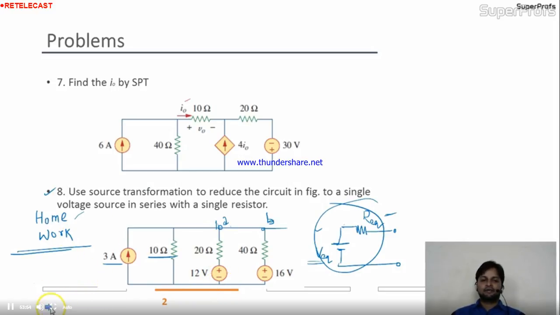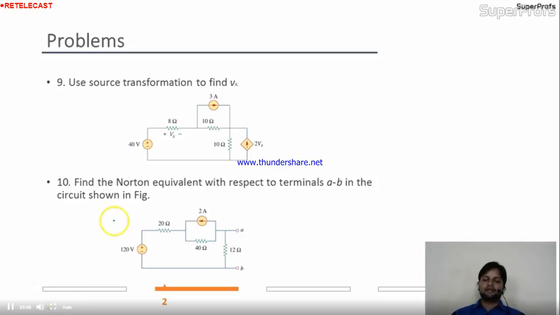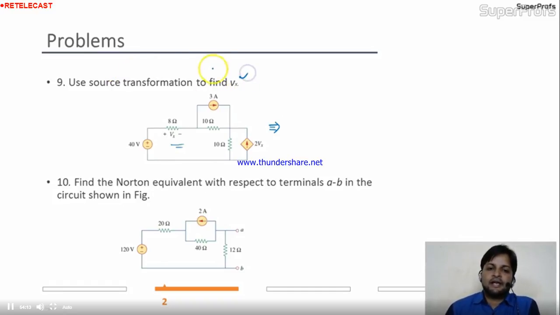I'll take the next problem. Okay, come here. Use the source transformation to find out the Vx. Where is the Vx? Here is the Vx. You have to use the source transformation. This circuit I'll solve for you. Okay. Remember friends, they are asking for the Vx. So while applying the source transformation, don't transform this. Don't, please. Because if you transform it, because this is the voltage source in series with